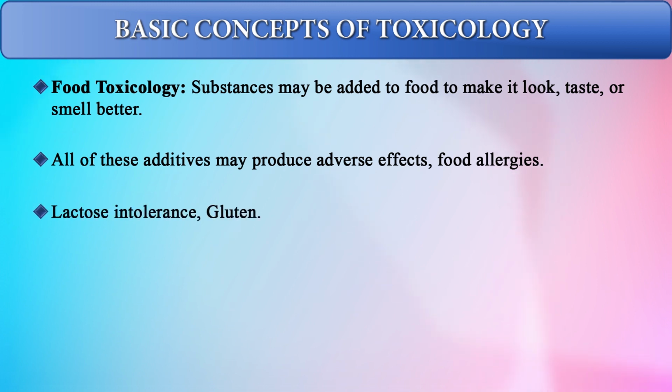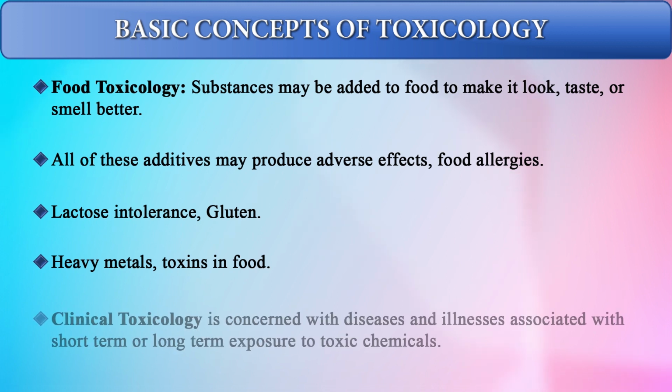Now certain people naturally may be intolerant to lactose or even to gluten. In that case again they can have certain food toxicosis. That is why these days we are having the food grains and even the wheat which is gluten free, and also the milk which is lactose free. We have the soya milk and the soy products which even the lactose intolerant and the gluten intolerant people can consume. In the same way, heavy metals also, I gave you the example of the noodles where the heavy metals are found in the food. They all can be toxic to the human body, and food can also be a route which can cause toxicosis in people.